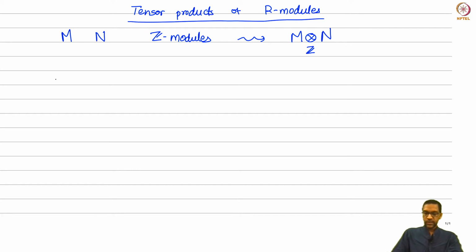Now to do this, I need to recall briefly the notion of a right module as well, because that will enter the definition. So what is a right R module? We know what a left R module is. To recall, a right R module can be thought of as the following. M is a right R module if it has an abelian group structure. So a right R module is an abelian group M